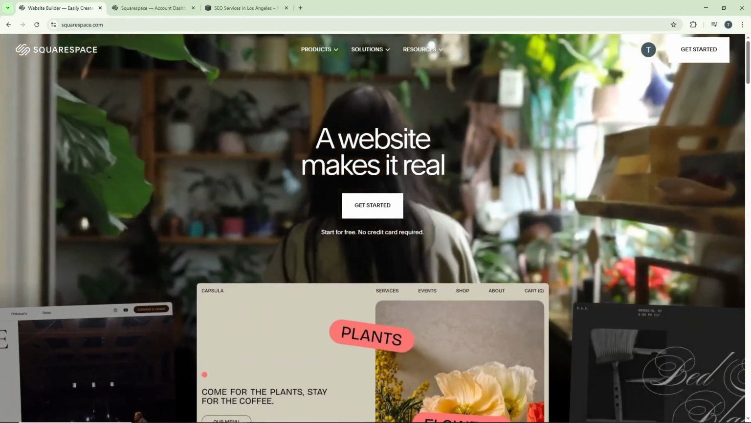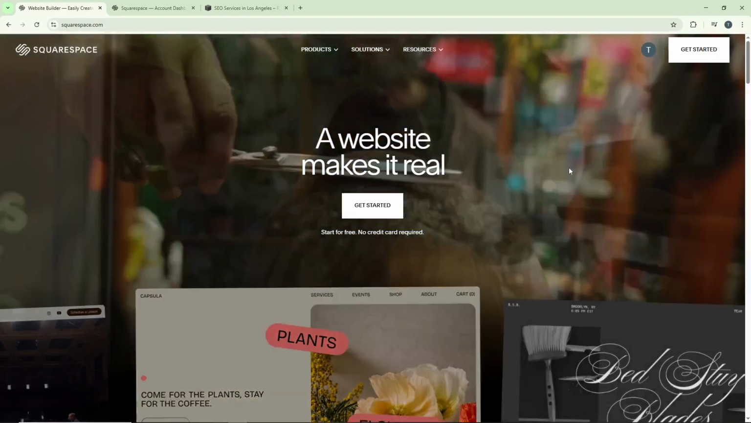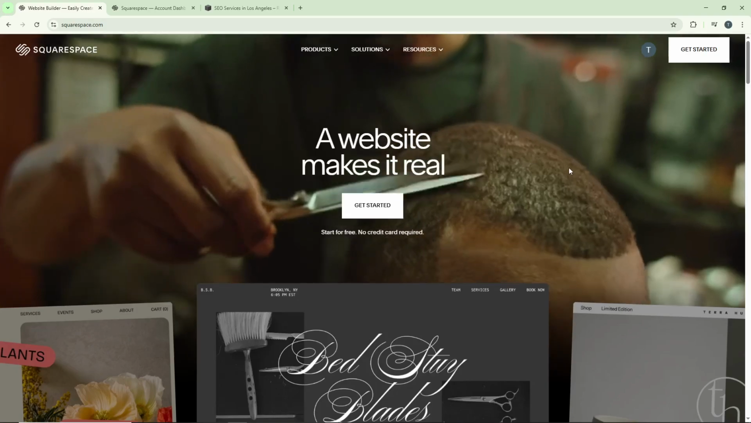Welcome back, everybody. Today I'm going to teach you how to add a team showcase to your Squarespace website. This is a fantastic way to introduce your team members, highlight their roles, and create a more personal connection with